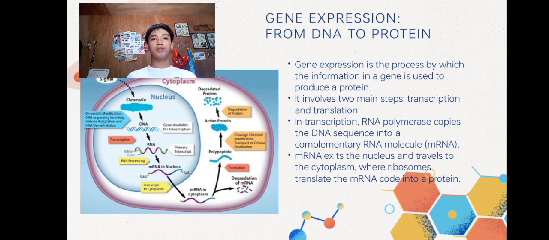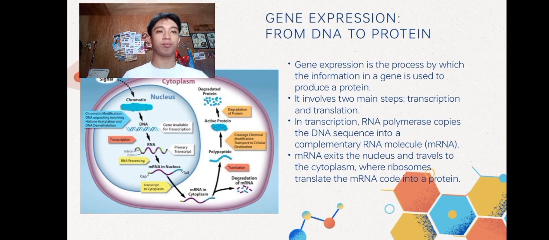So this occurs in the nucleus of the cell. The DNA double helix unwinds and one of the strands serves as a template for the synthesis of a complementary RNA molecule called messenger RNA. RNA polymerase is the enzyme that catalyzes this process by adding nucleotides to the growing mRNA strand according to the complementary base pairing rule,